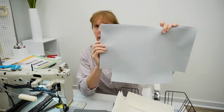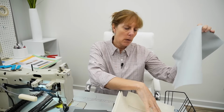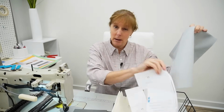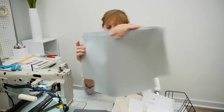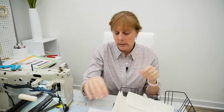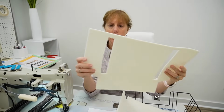These you cut on the fold, so these are full pieces, and there's a small little place where she says fold here on the pattern piece. That's to take the seam allowance out. So you're going to fold there to cut your lining pieces. And I do have woven interfacing on the back of those pieces. You're also going to use that to cut out your foam pieces. Now, one foam piece,